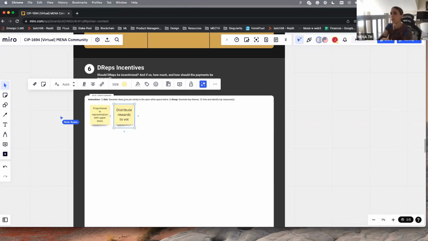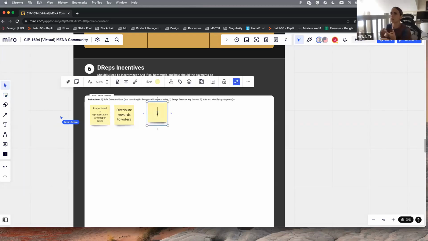voters. Another one is, people think the DREPs, it's just a social thing where you can charge your voters to vote on their behalf. Not that voters would like that, but you can set your own, build enough merit and whatever, then it's like a service. You set your fee. Yeah.